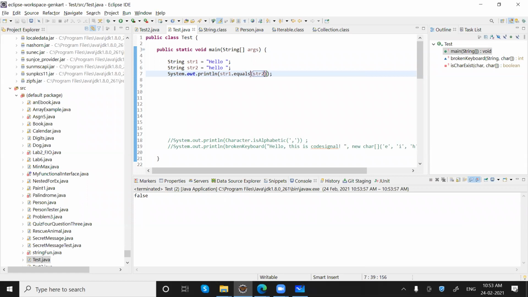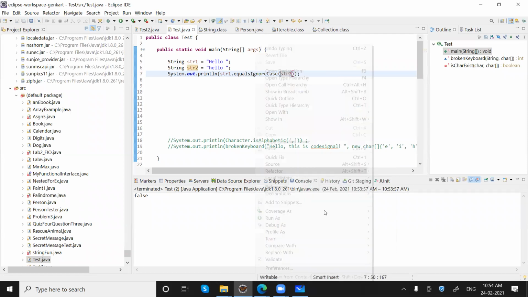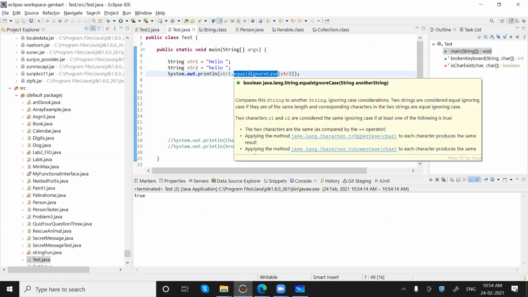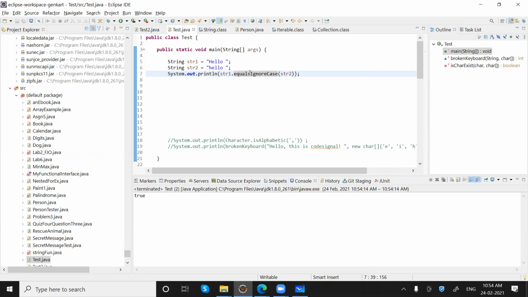But whenever we are not really worried about the case, we can use equalsIgnoreCase. Do not compare the case. Then we will get true, because this time we are not concerned about the case. So case will not be compared, only content will be compared.